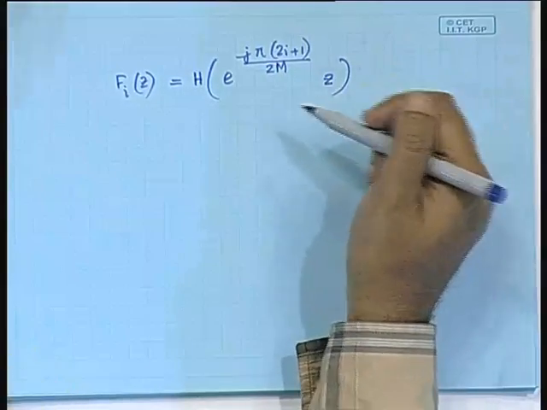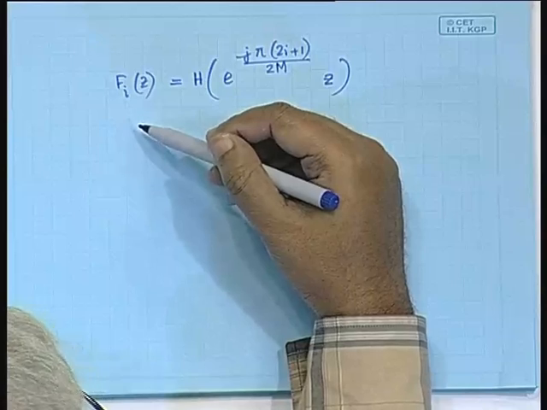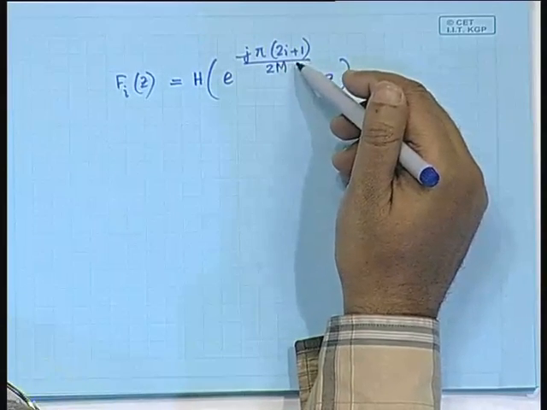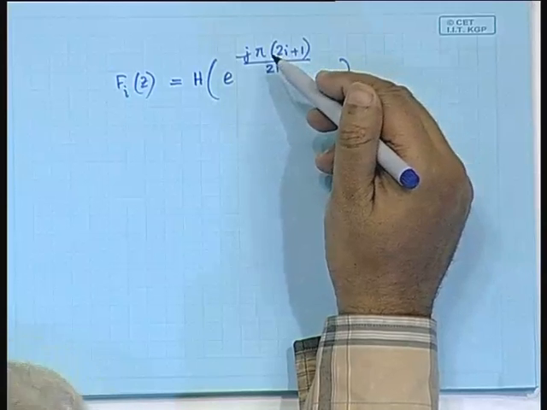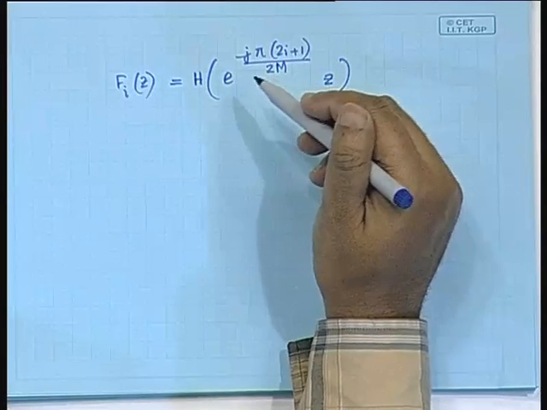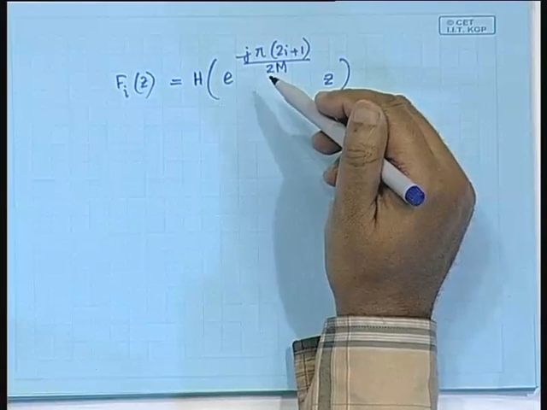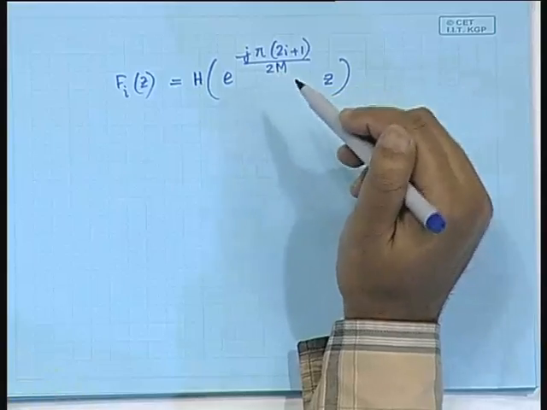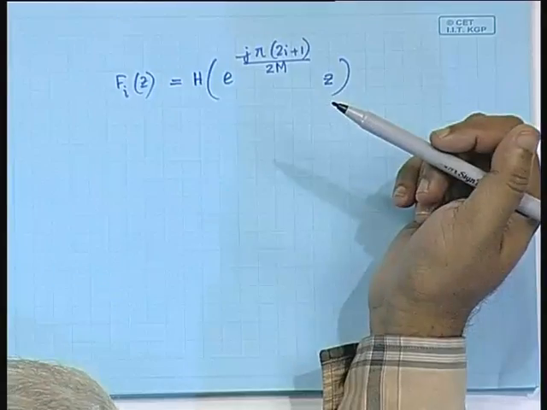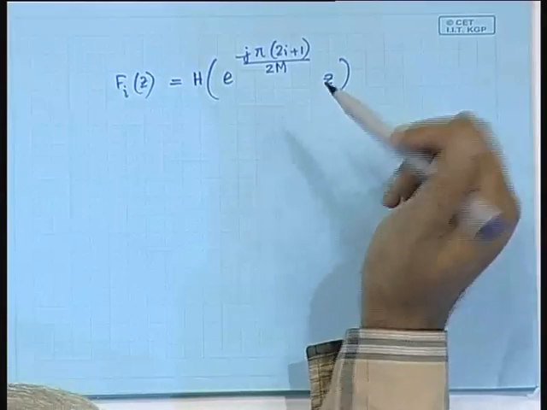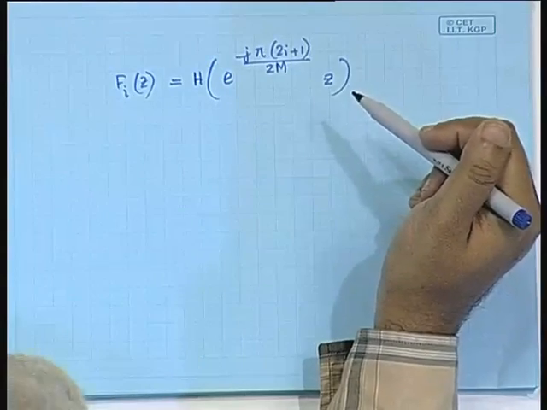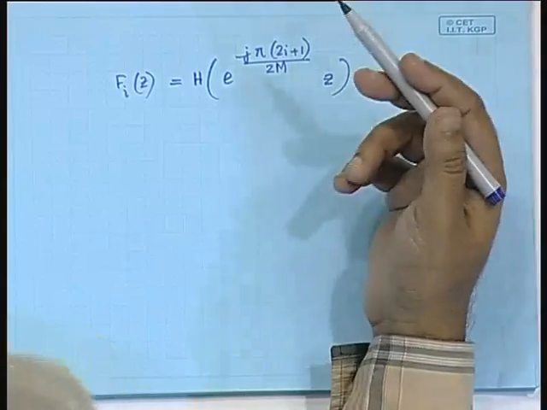So, if you substitute i equal to 0, then 2i plus 1 is equal to 1. So, it is minus j pi by 2M. This is the first center frequency, located at pi by 2M. So, F0(z) you obtain by simply multiplying by e to the power minus j pi by 2M, z. So, that realizes the F0(z) component,